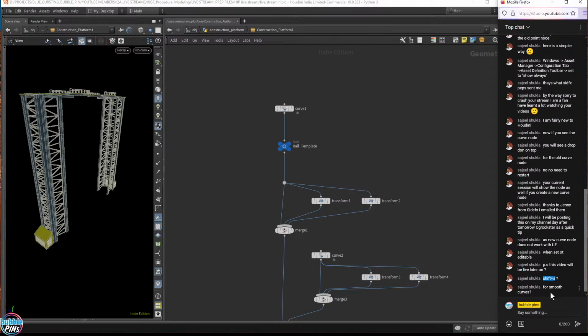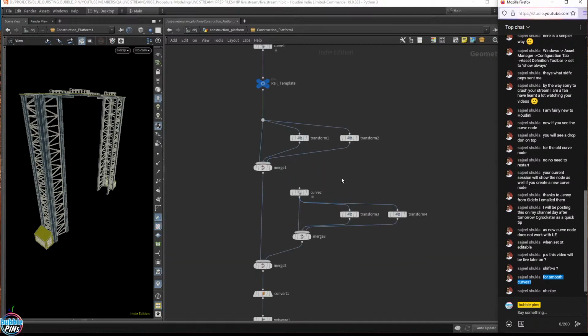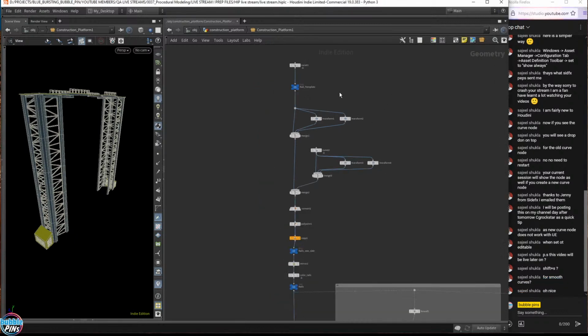Shift S. What's that? For smooth curves? Oh, you mean the lines? These node lines? Okay, I'm not sure. But anyways,